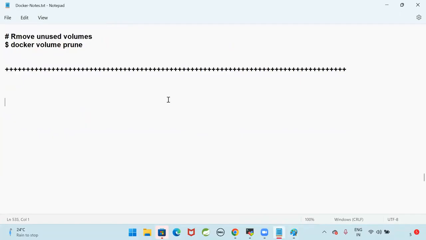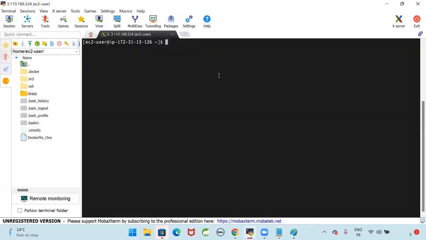Okay. For this process, I'm going to run some commands, guys. Observe carefully. I will provide the notes also for that. Don't worry about the commands which I'm going to execute now. A lot of commands I'm going to execute in order to demonstrate the Docker volumes. Okay. Now, first, I'm going to pull